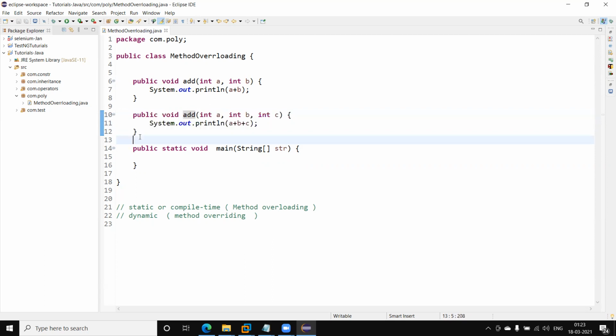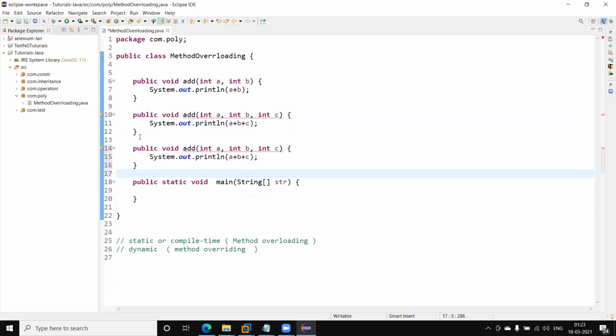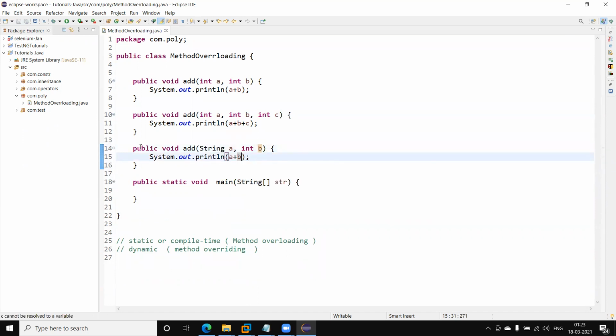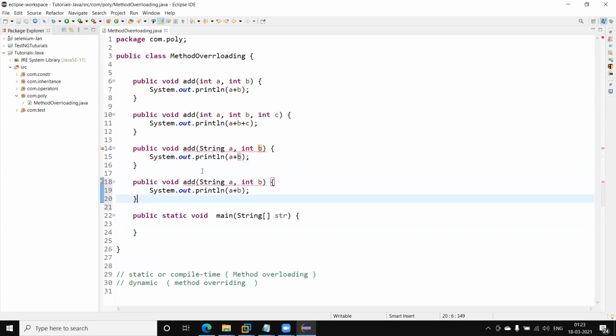Similarly, we can create a method where I am going to add a string and an integer. Another type of method we can create is with a different order of arguments. This will also accept an integer and a string, but here the order is different.